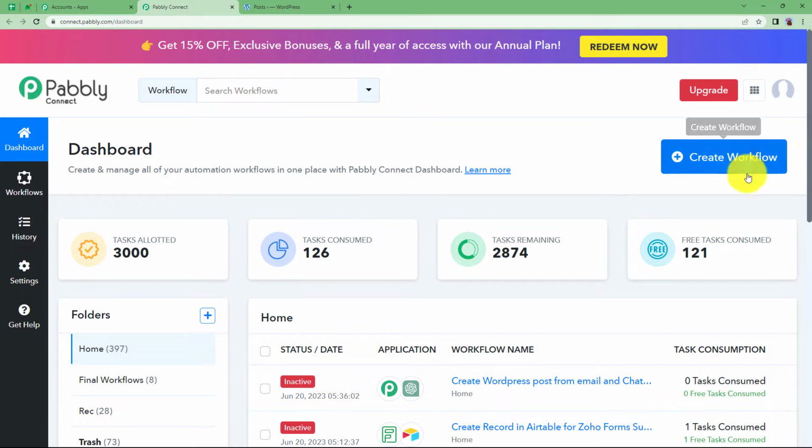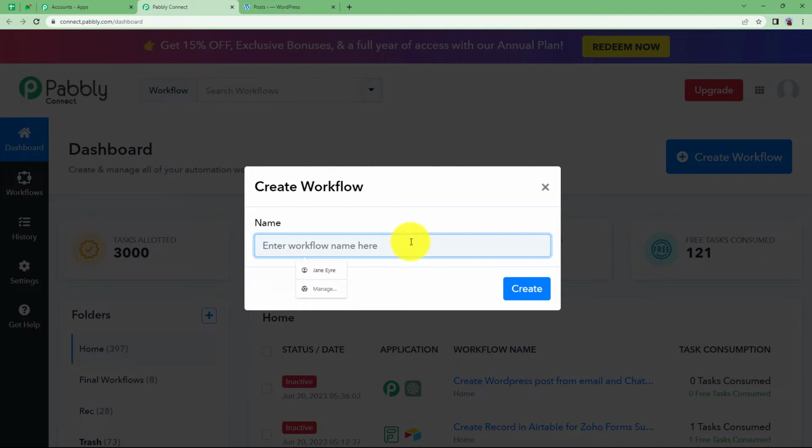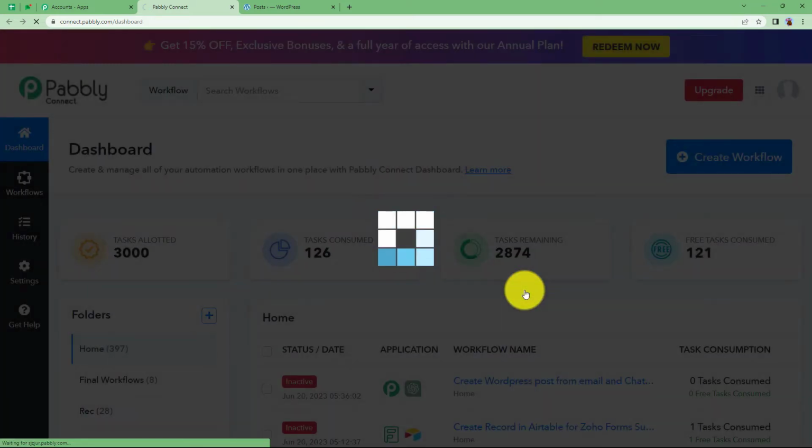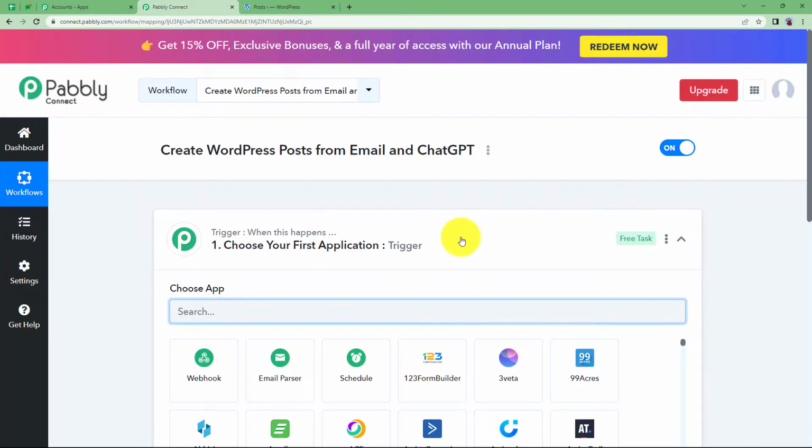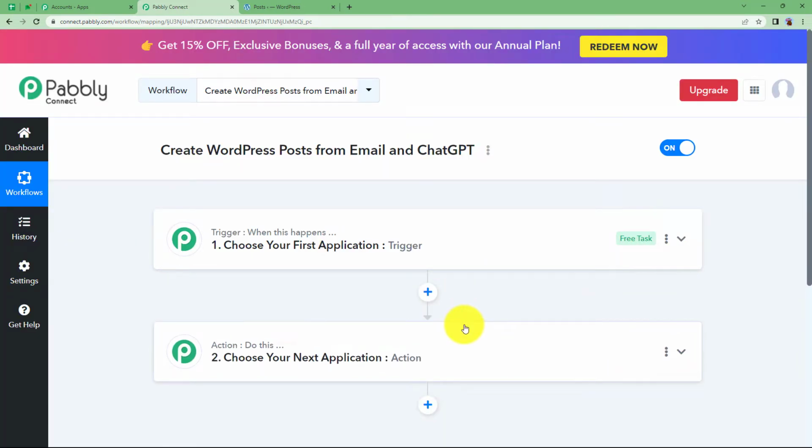Reaching here, you will see a big blue button on your right side where it's written Create Workflow. Click on the button and give a suitable name to your workflow. I'm going to name it Create WordPress Post from Email and ChatGPT. Click on Create, and then a blank workflow will be created for you, like you can see on your screen. You will be able to see Trigger and Action, two major modules of Pabbly Connect on which the whole automation